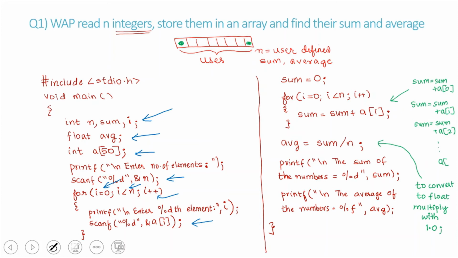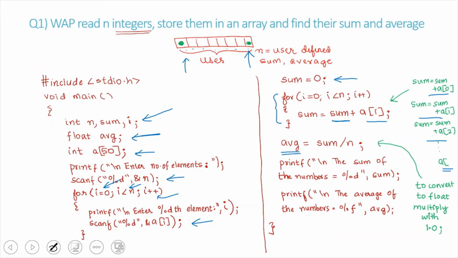We are going to assign sum equal to 0, that is the variable sum will be equal to 0. Using a for loop, we will begin from one end of the array and we will add each element to the sum. So first we are going to start with sum is equal to sum plus A of 0. Next sum will be equal to sum plus A of 1. Sum is equal to sum plus A of 2 and so on up till the value n minus 1. So by this time all the elements will be added to sum and we will reach the end of the array. Once you exit from that for loop, you can calculate the average.